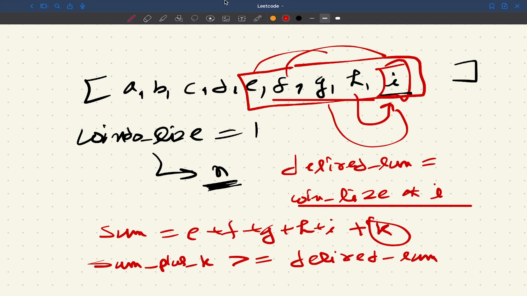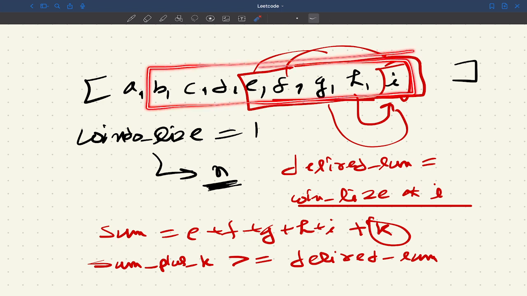So let's say I go for this window B, C, D, E, F, G, H, and I. If I sum these values and add K, and that is not greater than or equal to the desired sum,